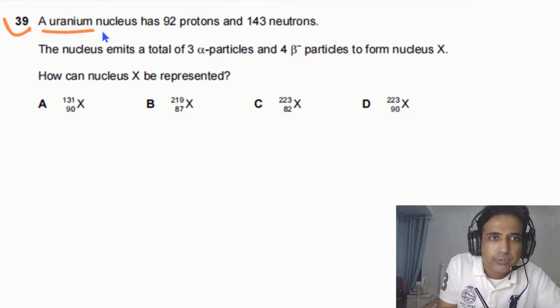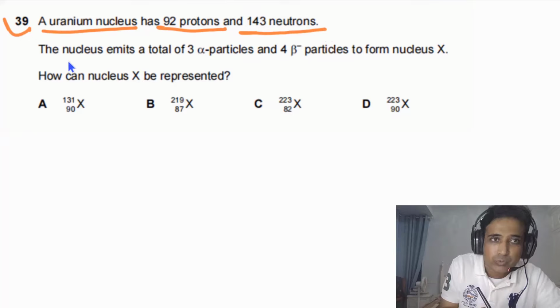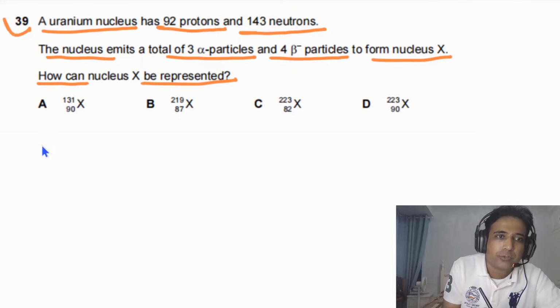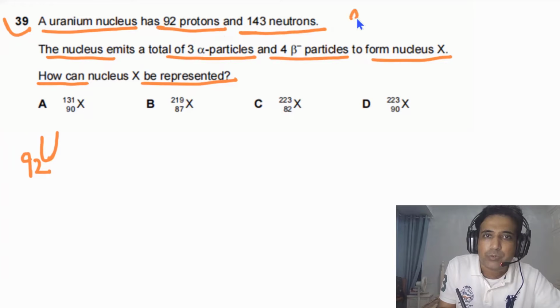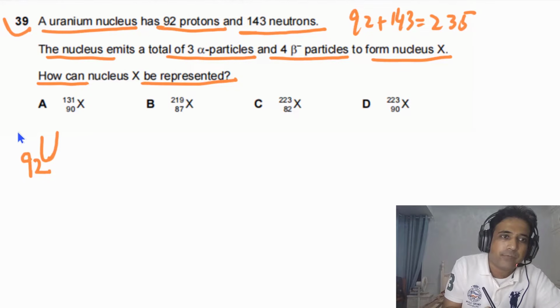Question 39 says a uranium nucleus has 92 protons and 143 neutrons. The nucleus emits a total of 3 alpha particles and 4 beta minus particles to form nucleus X. How can nucleus X be represented? So first of all, we have uranium nucleus. It has 92 protons, meaning its atomic number is 92, and the mass number is the sum of these two. So we have 92 plus 143, so the mass number is 235. So we can write on here